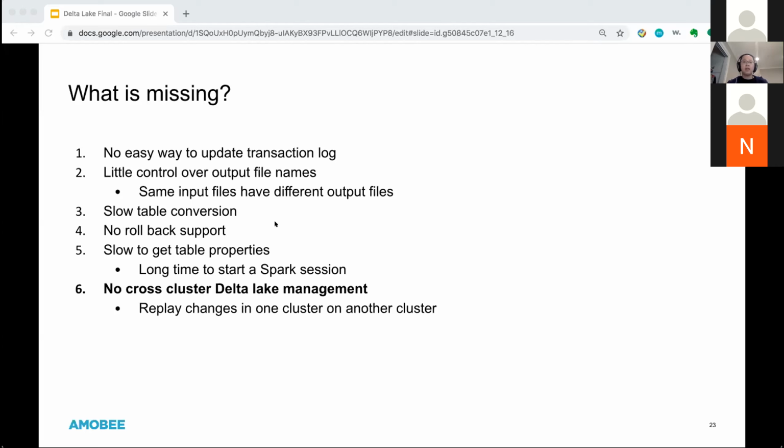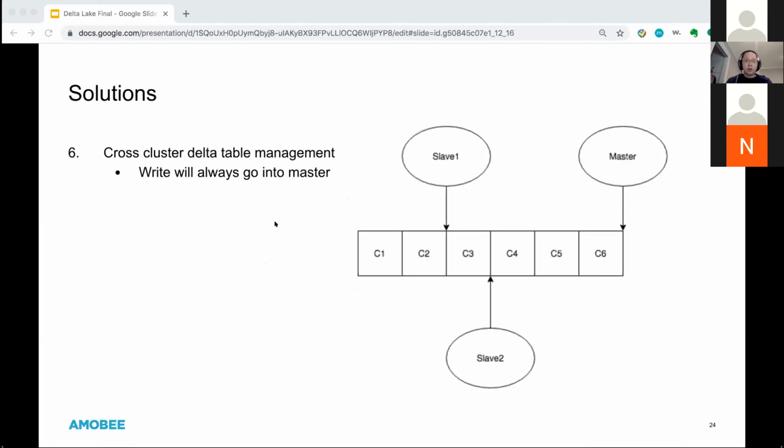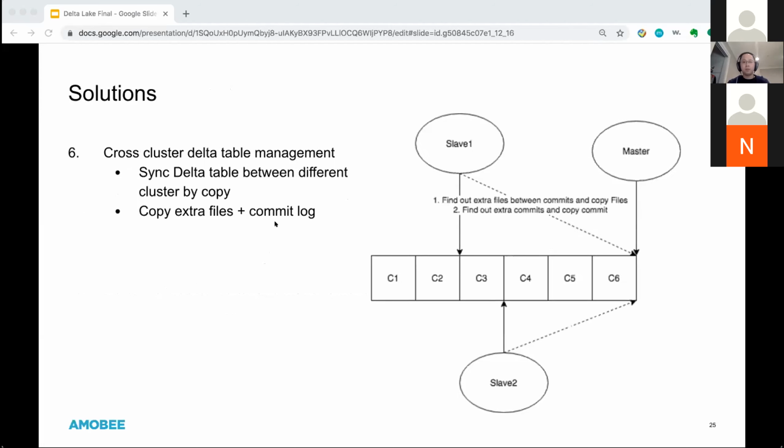So at the end, what we are looking for is that the data in different environments needs to be the same. We want the changes of the data to be the same. We also want the order of the changes to be the same. So at the end, we can have exactly the same data table across different environments. With Delta Lake, we have designed a master and slave architecture for each Delta table. All the writes will go to the master cluster first. And once we write to the master, the slave cluster can be behind, like 3 versions or 4 versions, 3 commits or 4 commits.